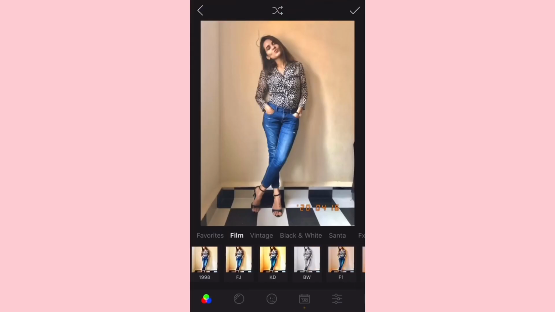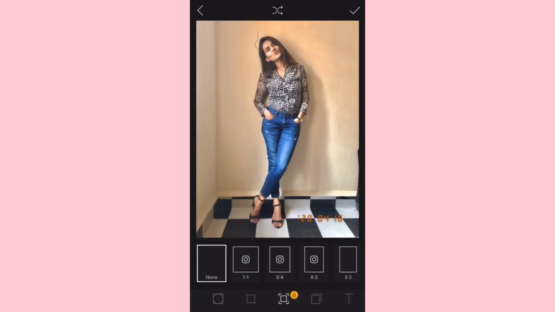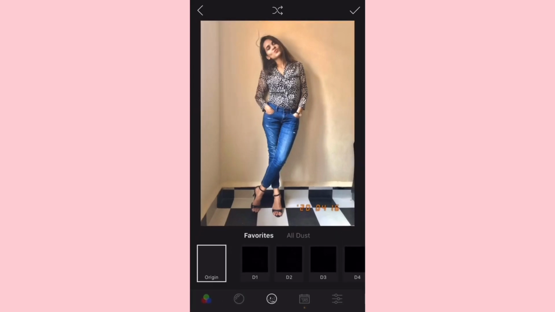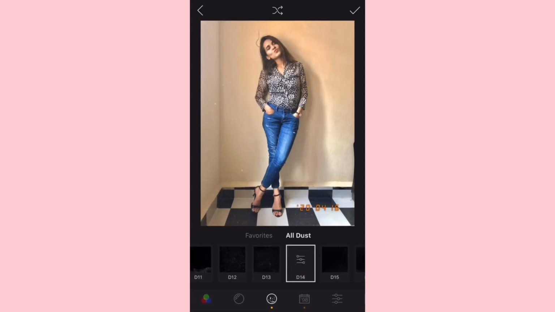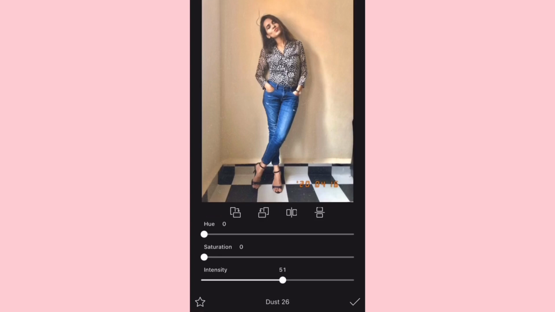And there are a lot of things available for a vintage look. Apart from that, what I love is to add grains in the picture. So this is the application which I love the most to add the grainy effect in the picture. Also you can change the intensity of it, like this is adding more grains, this is reducing it. If you are looking for something in a vintage look, then you can go for this application, that is 1998 Cam.